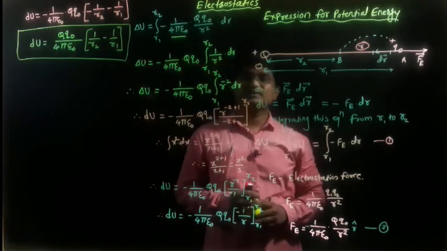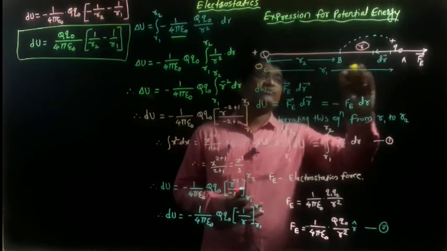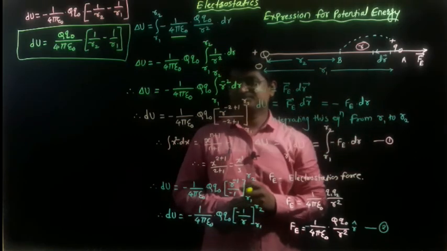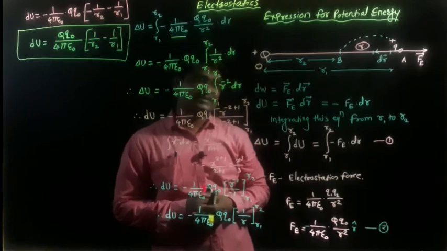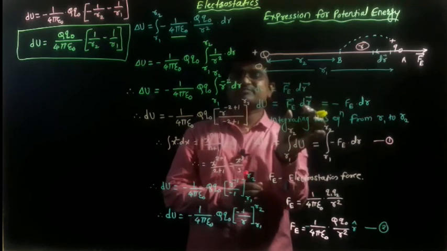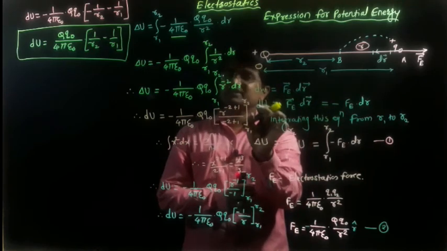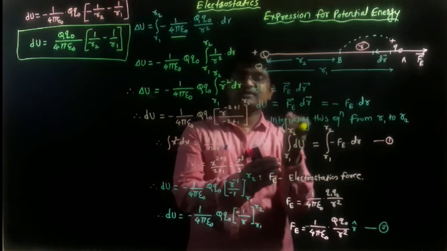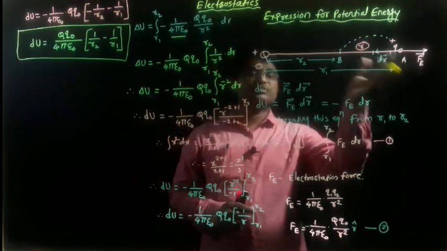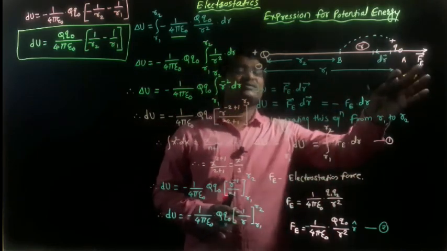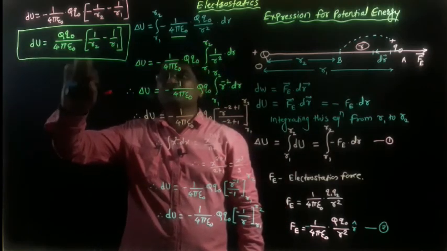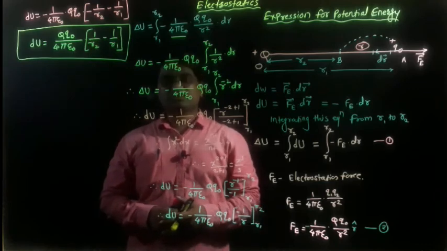This is the expression for the total change in potential energy when the unit positive charge is moving from A to B. It means r1 to r2. Get clear? So very simple concept. First of all, we find out the very small distance dr, their work done. So we find out the very small change in potential energy, and integrating this equation from r1 to r2, we finally find out the total change in potential energy from initial position to final position when the object moves from A to B. So the change in potential energy du is equal to q naught divided by 4 pi epsilon naught into 1 upon r2 minus 1 upon r1.